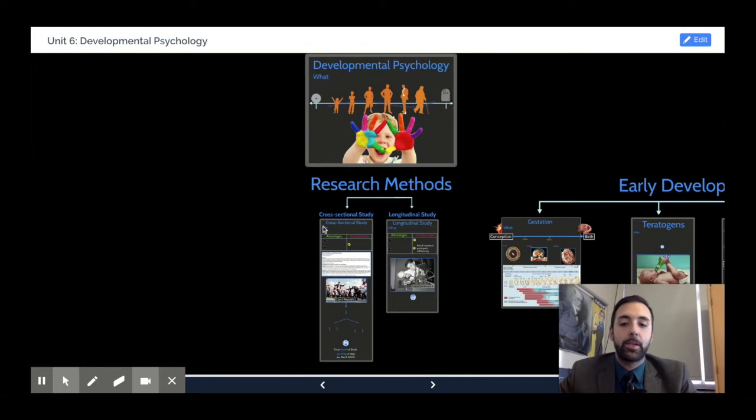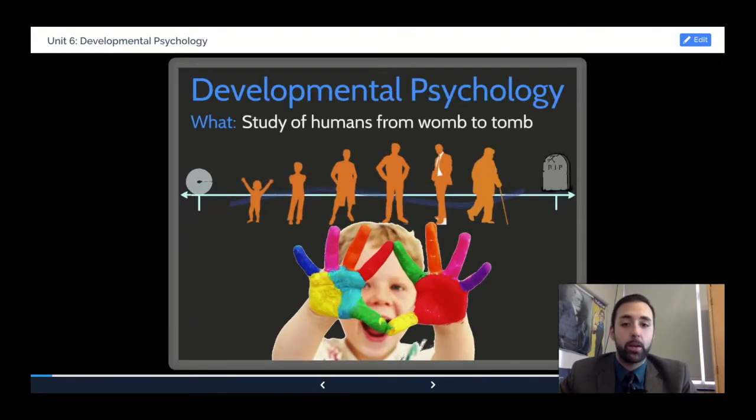So when we talk about developmental psychology, or developmental psychologists, we are going to talk about individuals who essentially study humans from, and this might sound a little weird, from womb to tomb. Not the most formal definition, but that's really what a developmental psychologist does. They study human development from the moment of conception all the way up through birth, and then from birth all